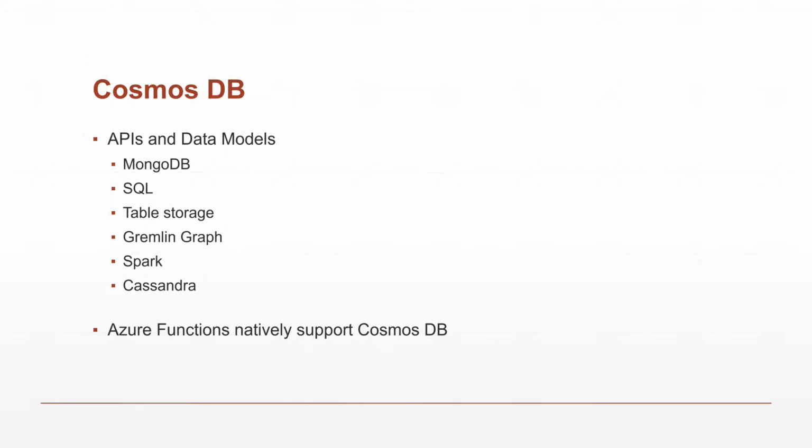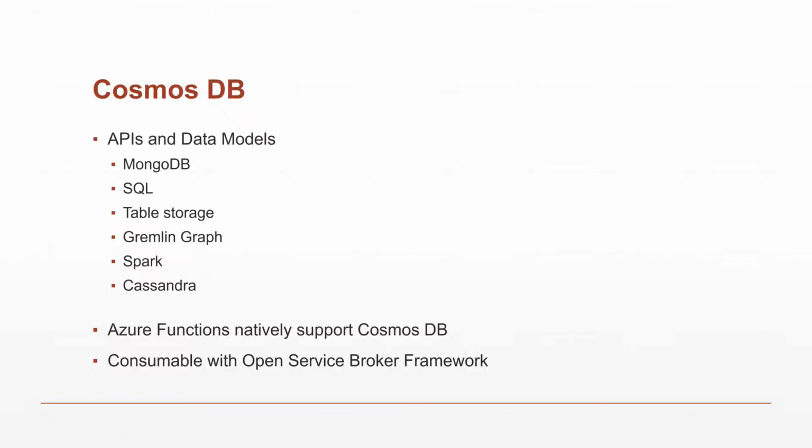Cosmos DB, Azure Functions. And has anybody ever heard of the Open Service Broker framework? This is an initiative that a lot of the major cloud providers are offering, to standardize the way their services are exposed. So you could have different types of platforms. For instance, our organization uses Cloud Foundry, but because they expose their services through the Open Service Broker framework, we don't have to do tons of integrations, and we can just consume that inside of our marketplace. Same thing with OpenShift, they use it. If you were using Kubernetes, they could use it.